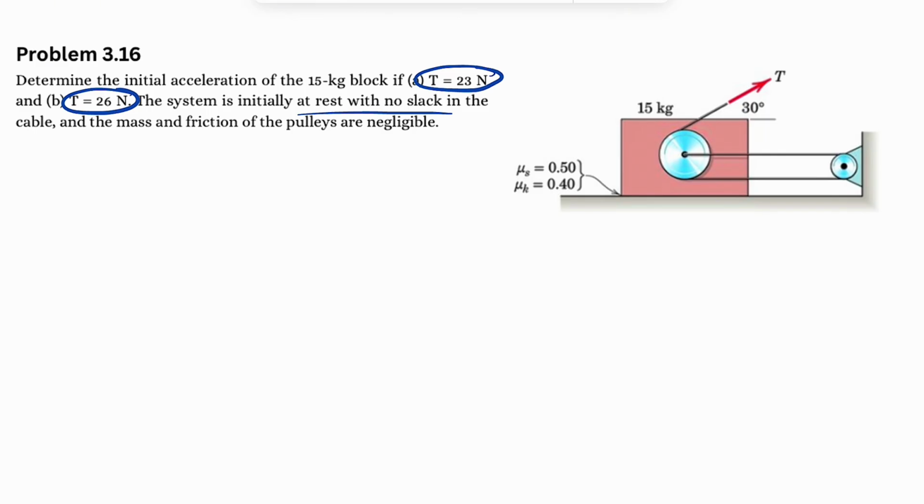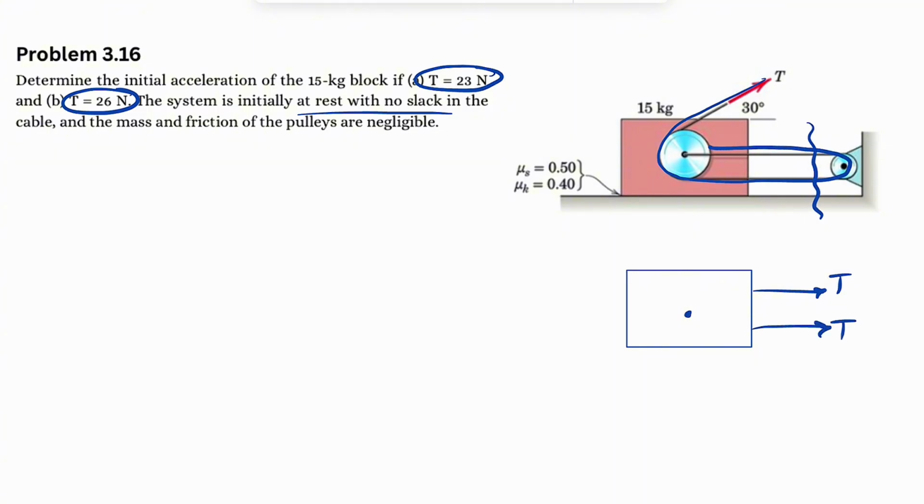So as always, we're going to start with our free body diagram for the block. We need to show all the external forces applying to this block. So let's say this is our block. We have the tension in the cable. Basically, we're just going to do a cut in here, and we have the tension in the cable, which, because it's the same cable going around the pulley, is the same everywhere. The direction is to the right because the cable is always in tension, it cannot be to the left, and the other one goes in this direction, which makes 30